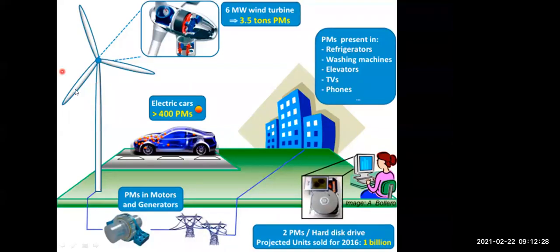The other example is that permanent magnets are also used in windmills, the wind turbines. Again, here the permanent magnets are used. At home, it is used in the refrigerator, washing machine, elevator, that is the lift, in the TVs, the phones. Again, here permanent magnets are used. Then, for making the hard disk which we use in a computer, again there is a use of permanent magnet. Next are the motors and the generators. They use permanent magnets. PM stands for permanent magnet. And the electric car, again here there is a use of permanent magnet.